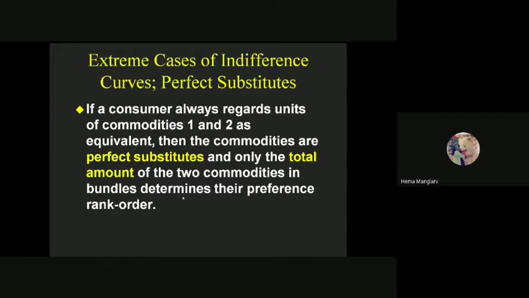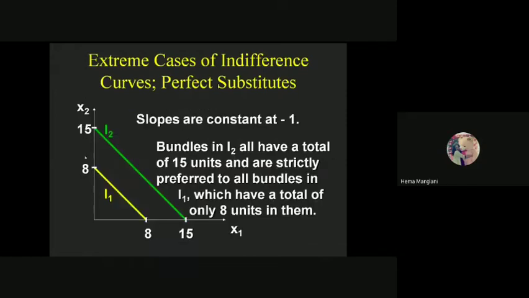So this perfect substitute relationship shows this kind of diagram, the indifference curve, which is a straight line. So you all know about it. This I1 and I2 shows also the parallel relationship, and if you consider the slope, it is a declining slope, and this shows that the MRS is also decreasing in this case.